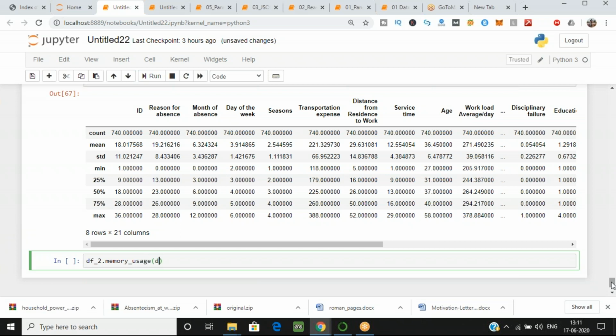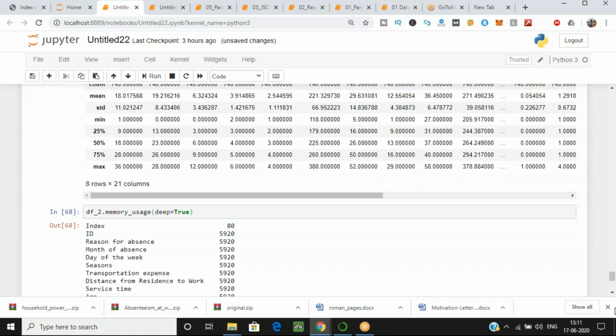The parameter which we are passing is deep equal to true. Yeah, let's just run this one. This is for finding the memory usage. Now as you can see over here, the memory usage for this is 805920.